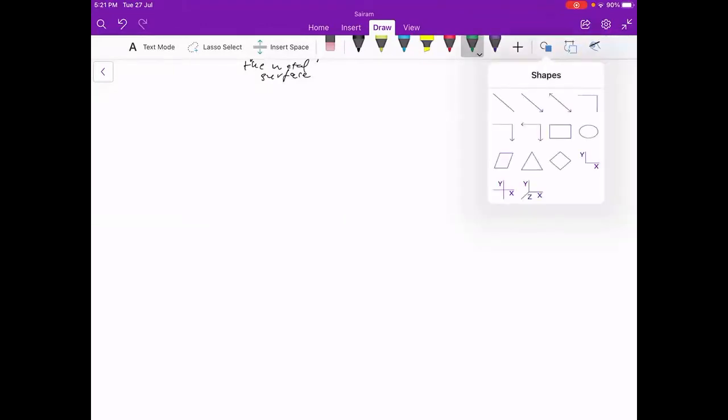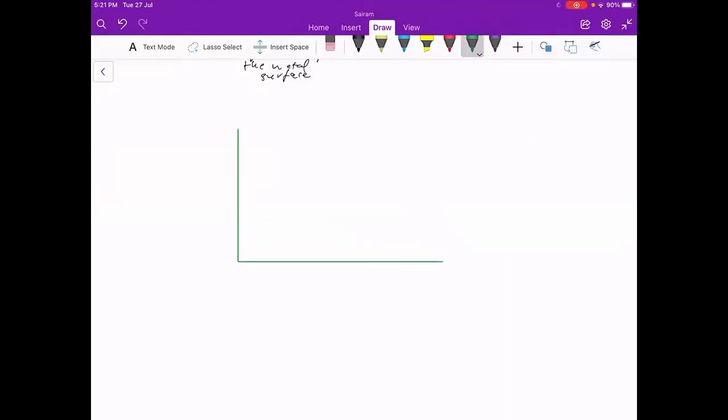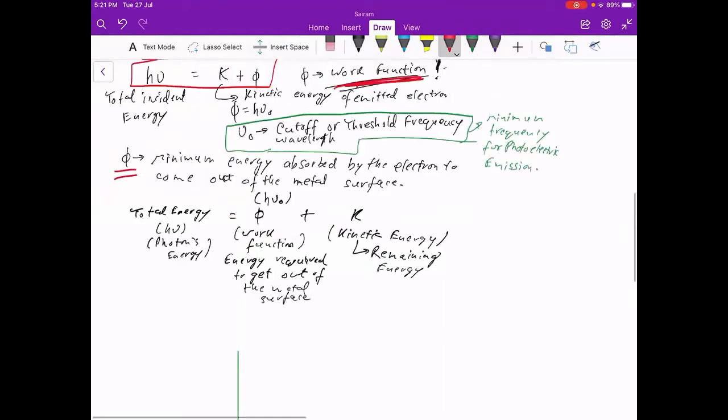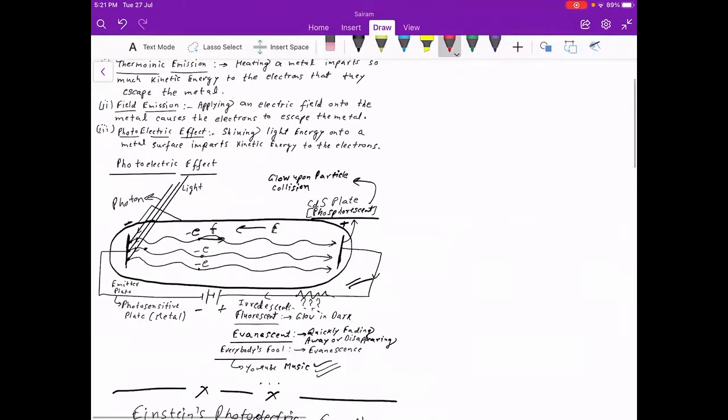What happens in photocurrent? Photocurrent is basically how much current is passing through the wire. That is what photocurrent is all about. So that could be large or small, depending on how many electrons are reaching the cadmium sulfide acceptor plate in a particular amount of time, per second actually.